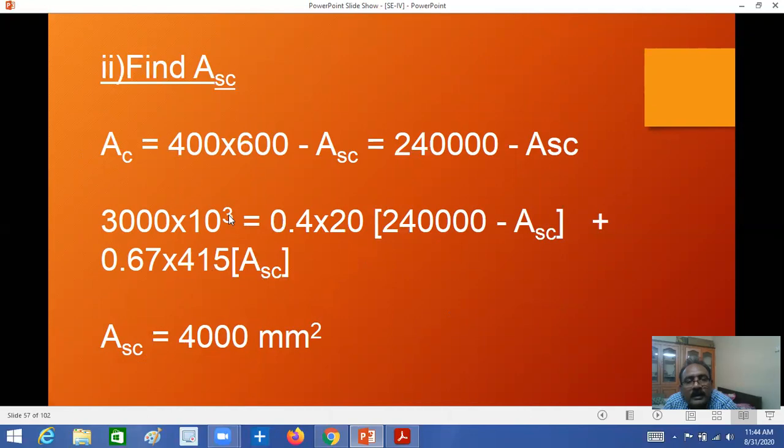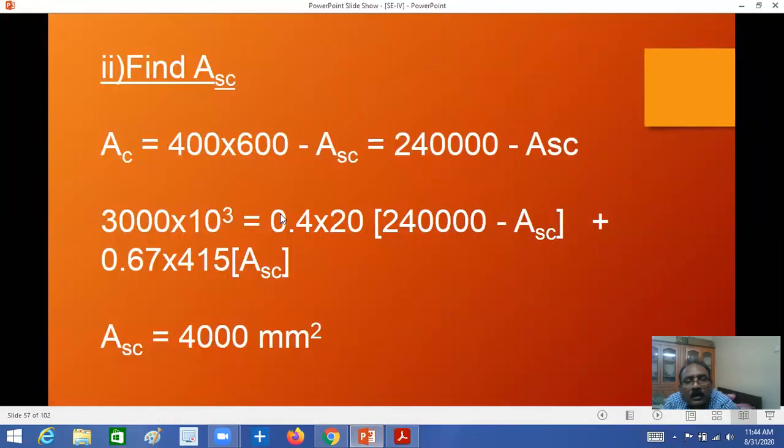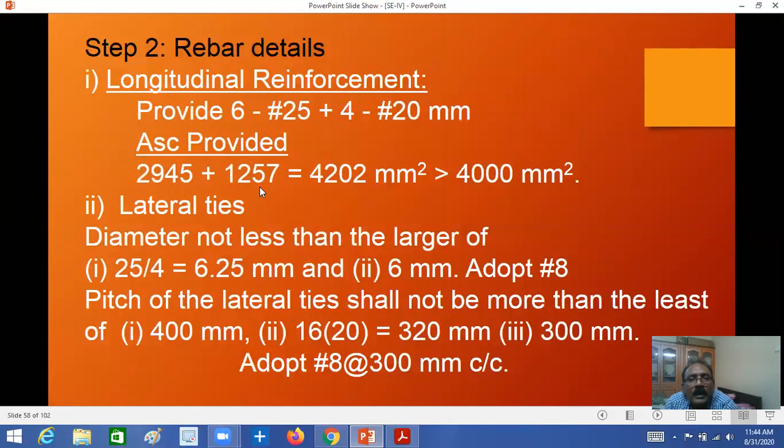So how to calculate? Here again we use this formula. From this formula only, we calculated this area of compressive reinforcement. Okay, and now rebar